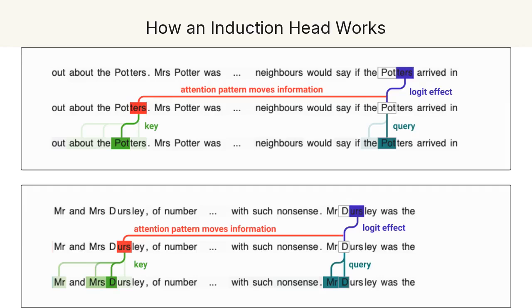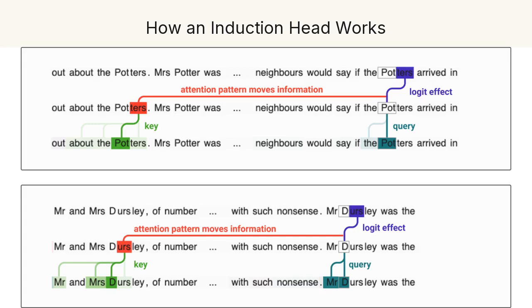How does it pull this off? It's a 2-head circuit. A first-layer head, called a previous token head, writes into each position information about the token that came just before it. Then the second-layer head uses K-composition. Its key is built from that previous token information. So when the current token, say the second Dursley, forms its query, it matches the key at the position right